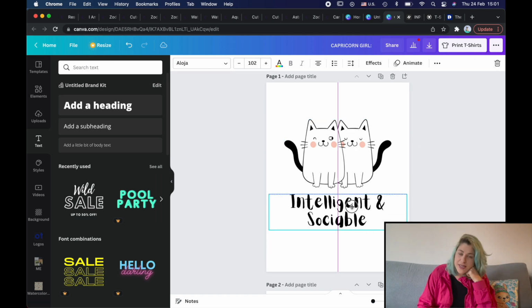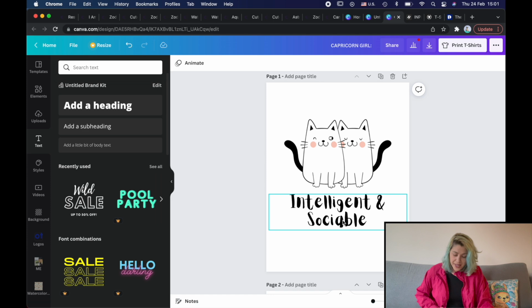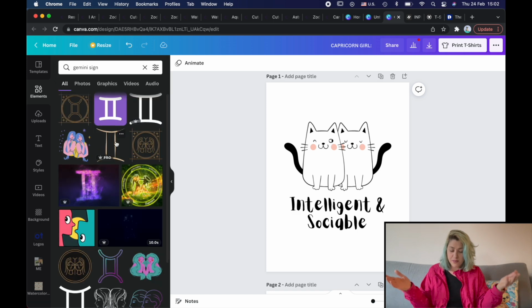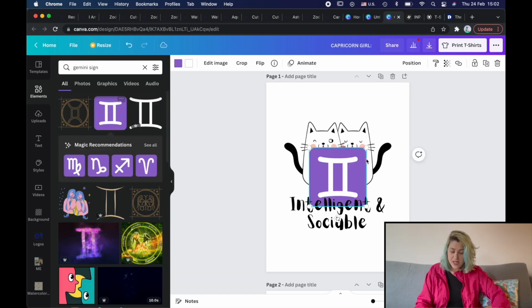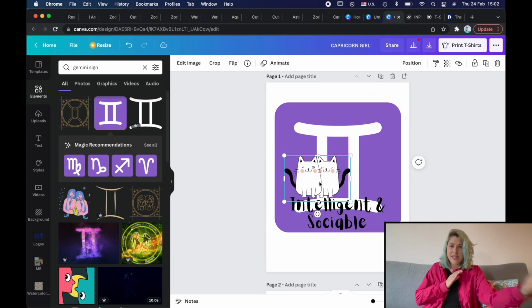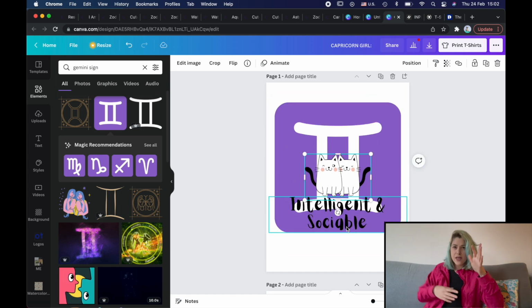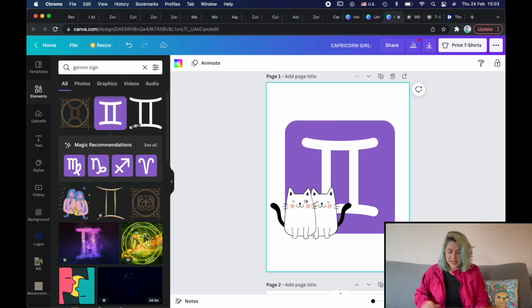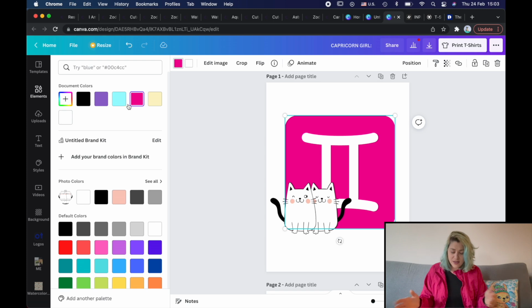I don't know why. So what I ended up actually doing is going to Canva and typing in Gemini sign and just taking a big, blunt, huge Gemini sign and putting it behind the cats. And I was like playing around. Maybe the cats are going to be on top or at the bottom or on the side and where the text is going to be. And I ended up deleting the text and putting the cats on the side, and all was right in the